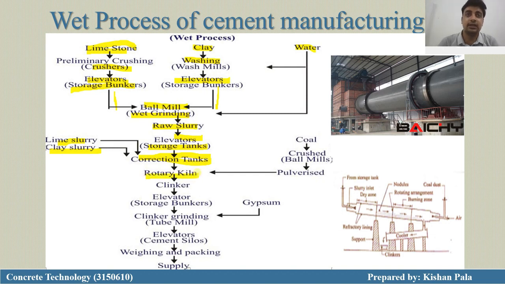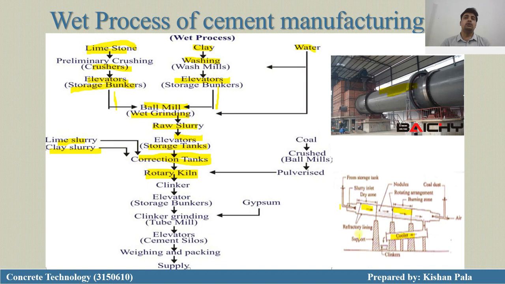This is the important part of the cement process. You can see in this picture, this is the rotary kiln. The thickness of the rotary kiln should be thick, the diameter ranges from 8 meters to 20 meters, and the length of the rotary kiln ranges from 30 meters to 200 meters, and it should be rotated once in a minute in the longitudinal direction. And the second picture shows the different zones placed in the rotary kiln: the dry zone, the burning zone, and then the cooling zone.